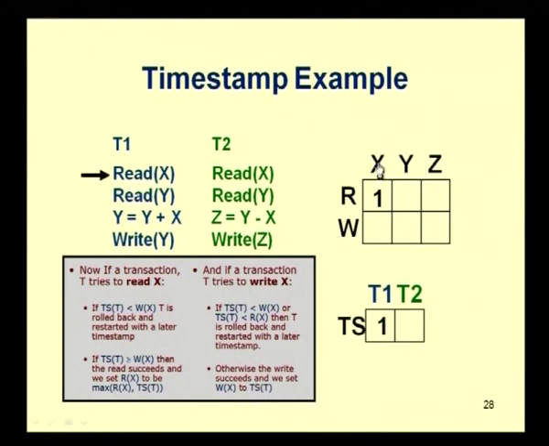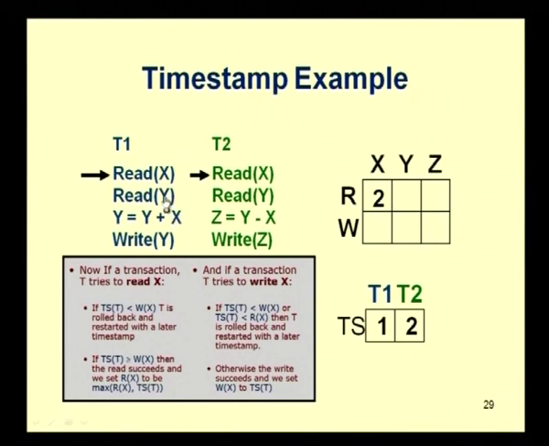Again, here you have read and write associated with each of the data items, and the transaction timestamp associated with the transaction. At the first count value, X is read at time 1, and that is the timestamp associated with T1. We said we are going to do it alternately, so next we will read this X. Now, X is read at time 2, which is the timestamp of transaction 2.